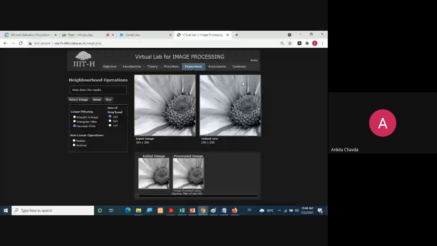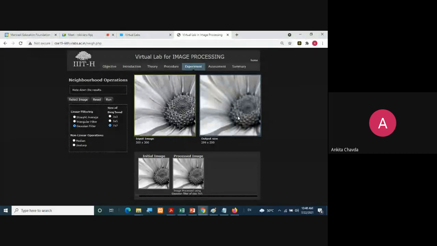It's not much blurred. And again, you can check the straight average and run it. See, somehow it is blurred. In the same way you can check with 7 cross 7. It will give you more idea. See how much blur it is. You can choose Gaussian here and run it. It is somehow better than that. So here you can say the Gaussian filter is very good to choose.